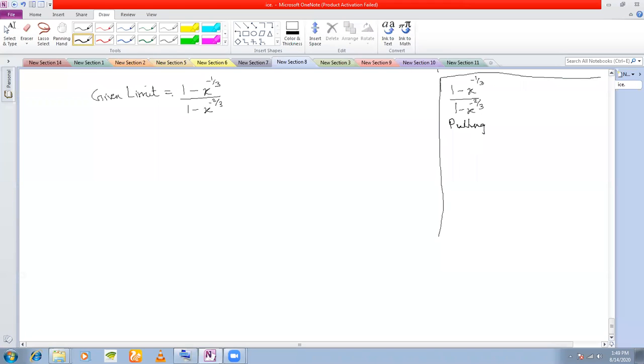x tends to what? Oh, this limit I have not written. Limit x tends to 0. Okay, so put x is equal to 0. 1 minus 0 by 1 minus 0. Okay. Sorry, 1 minus x tends to 0 or x tends to 1. This I think should be 1. There's a printing mistake there, I think. Okay, this should be 1. In the book, it's given x tends to 1.